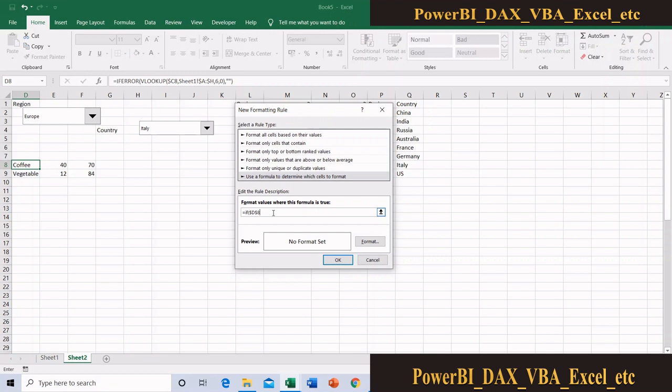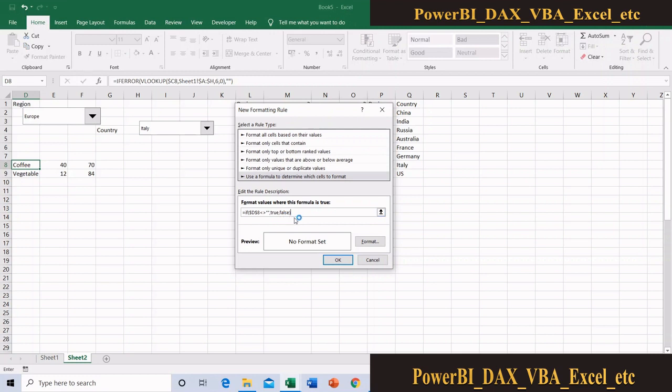IF D8 not equal to blank, comma, return true, otherwise false. Actually this IF function I don't want, I want only D8 not equal to blank, but for your understanding I am typing this. If D8 is not equal to blank, then return true, otherwise false. That means if an entry is present, return true and apply the formatting, otherwise return false.